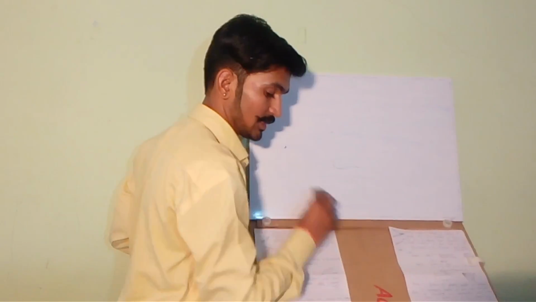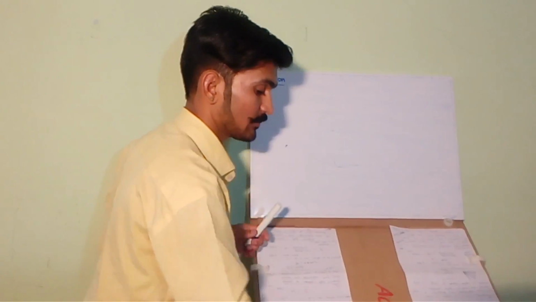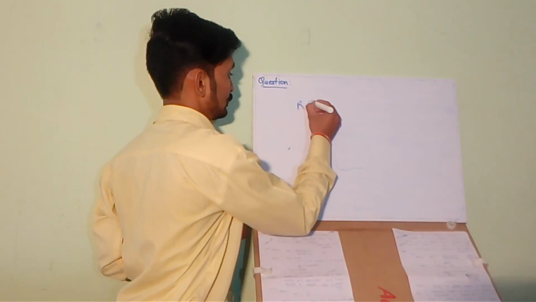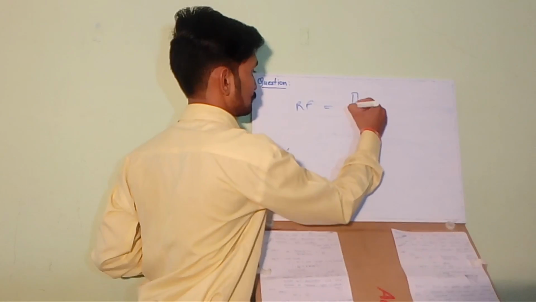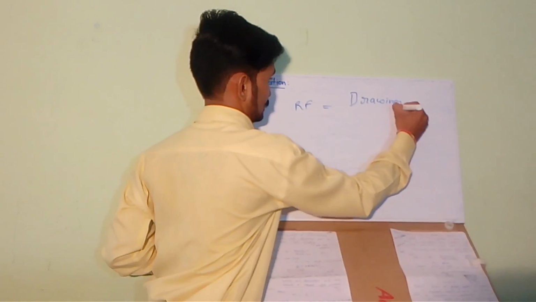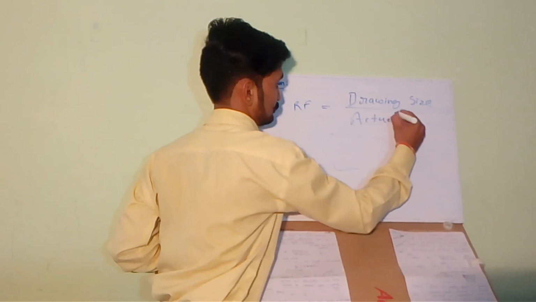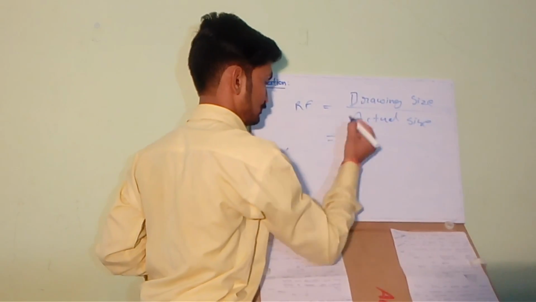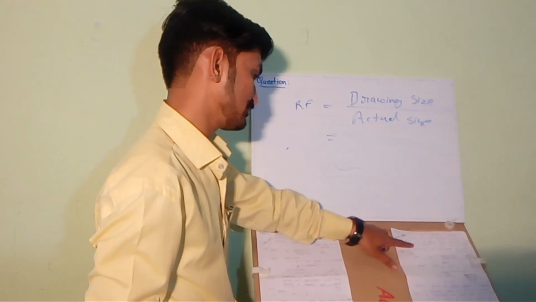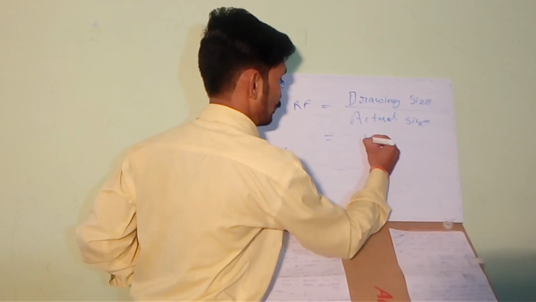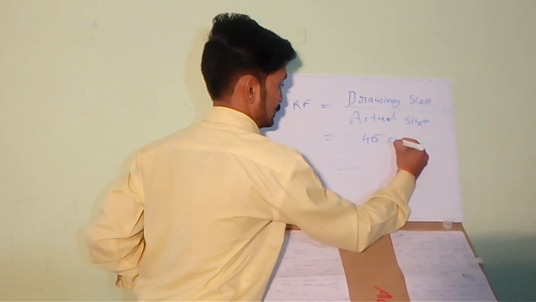Okay, so let's start with step 1. Step 1 is calculate RF. RF is drawing size divided by actual size. The drawing size is 45 centimeter